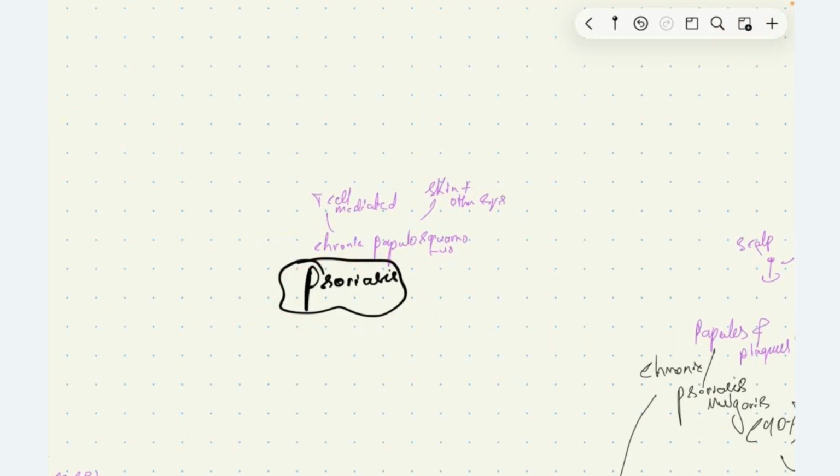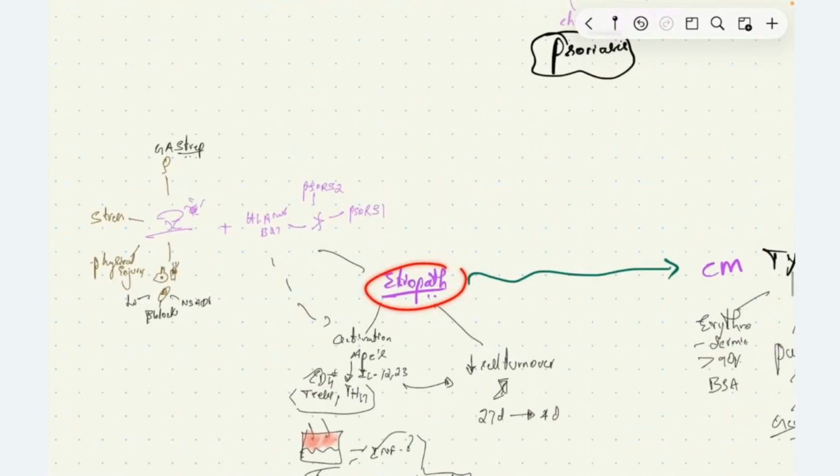Psoriasis is a chronic papulosquamous disease which is mediated by T cells, and we have skin and other system involvement in psoriasis. In the pathophysiology of this condition, the genetic predisposition along with environmental factors will cause activation of antigen presenting cells. The genetic predispositions are SOR1 gene and SOR1S2 gene mutations, and HLA-CW6 and HLA-B27 mutations have been associated with